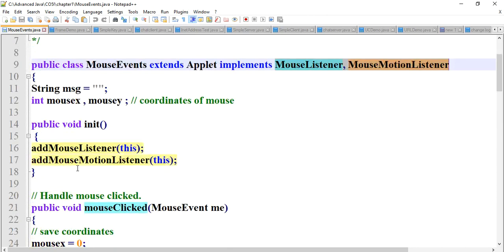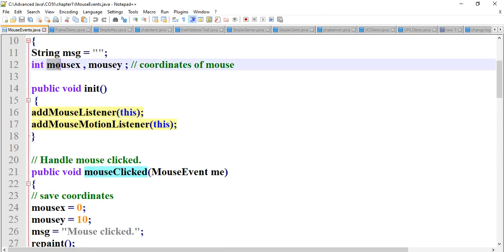Next is mouse x and mouse y. These are two variables for storing the x coordinate and y coordinate. The third important step for event handling is the add listener registration methods. Which two registration methods? addMouseListener and addMouseMotionListener.